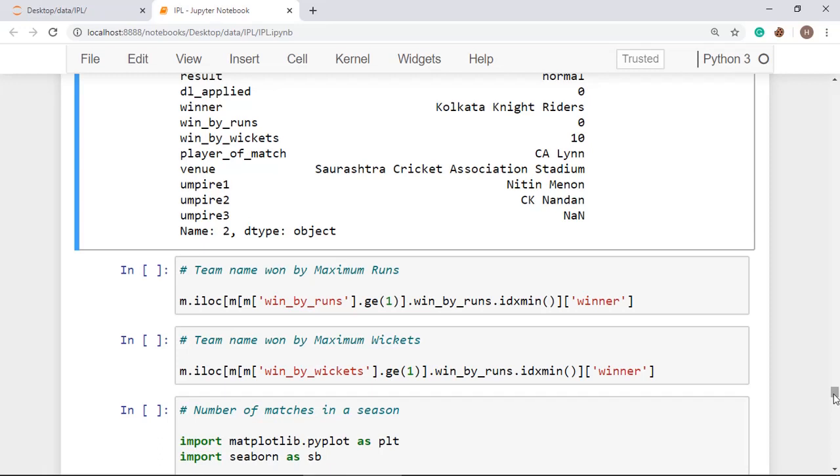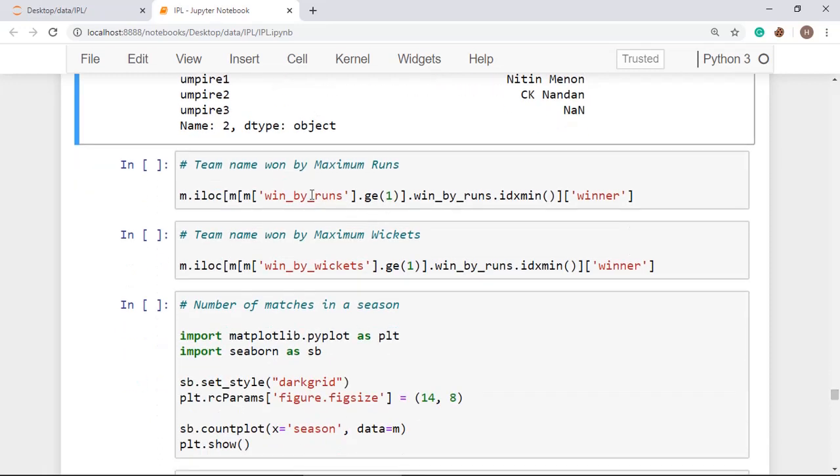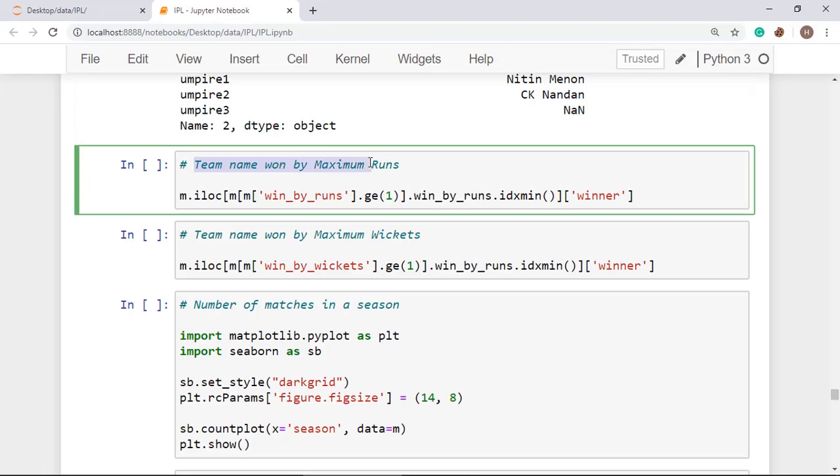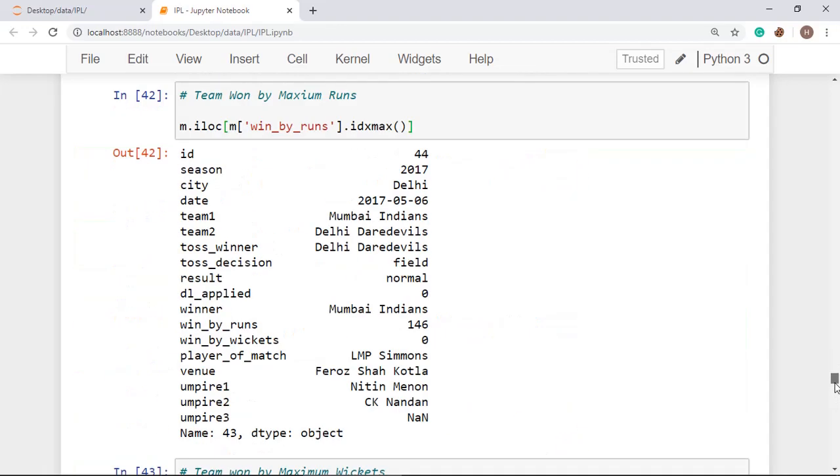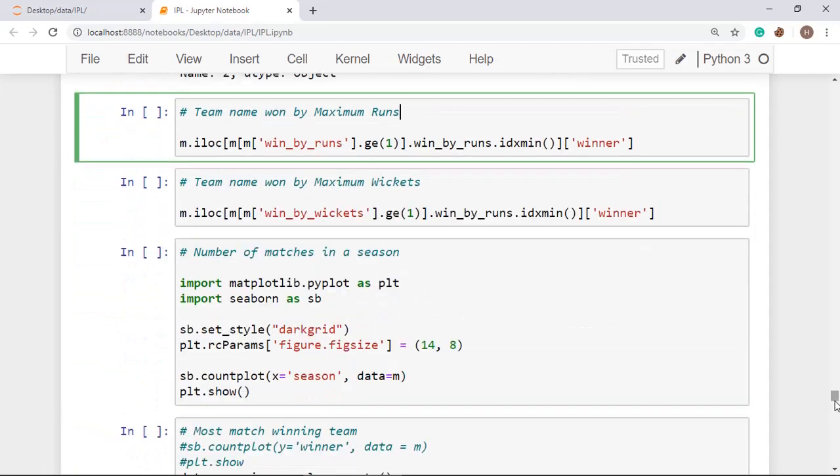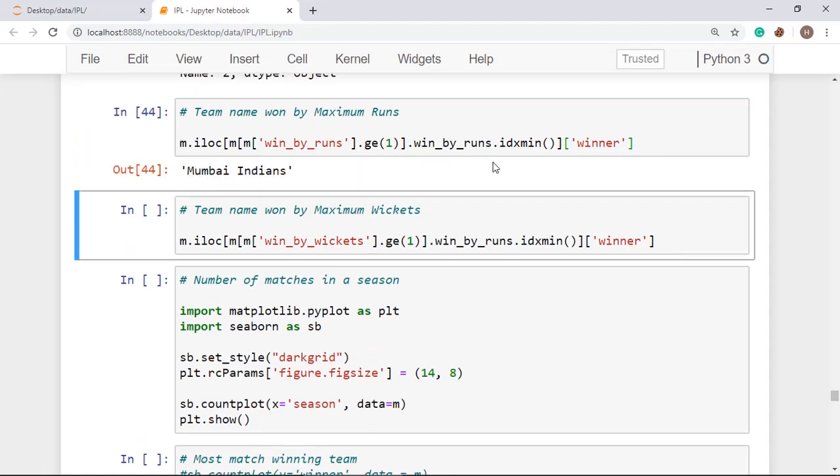Alright, now I am going to show you how to get the team name that won by maximum runs, meaning we are not interested in getting all these values, we just want to know the team name. So you have to just do it like this with iloc, and here we use win by runs, and this will display like this.